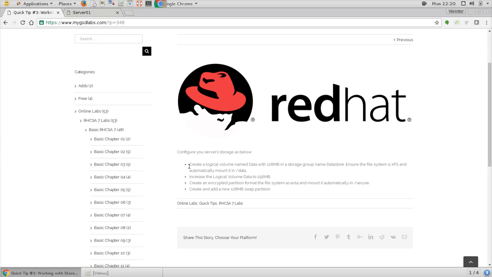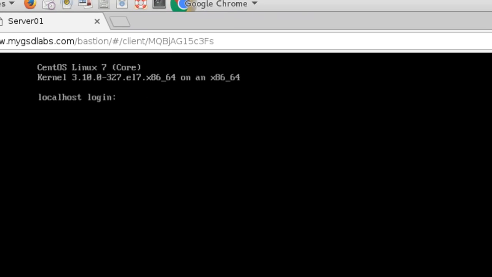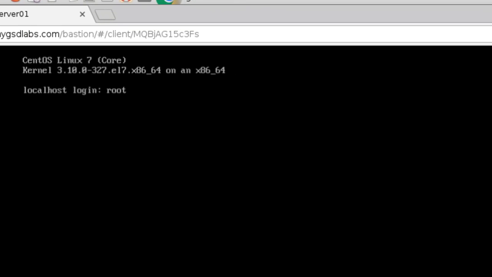The first exercise is to create a logical volume named data with 128 megs in a storage group named Datastore, and then to ensure that the file system is XFS and automatically mounted in directory data. All right, so let me just zoom in a little bit so we can see better here. So let me just log into my server,